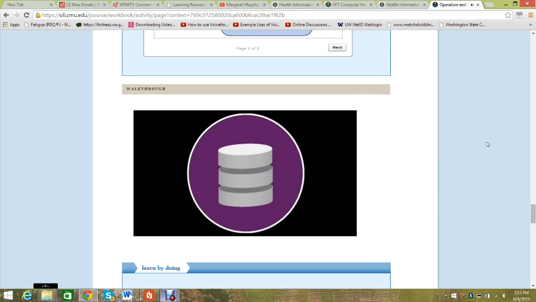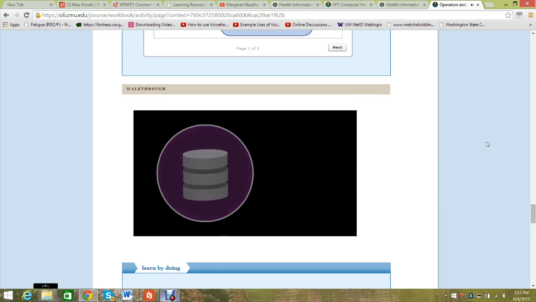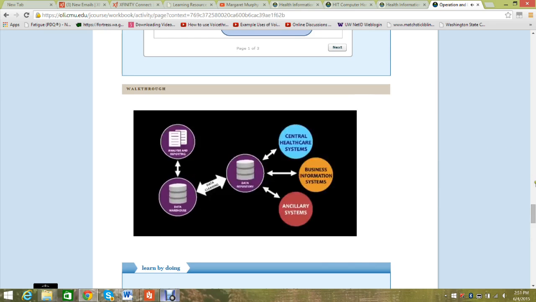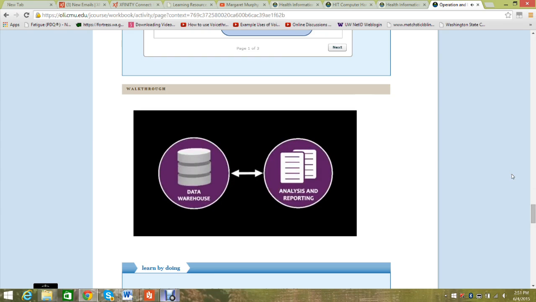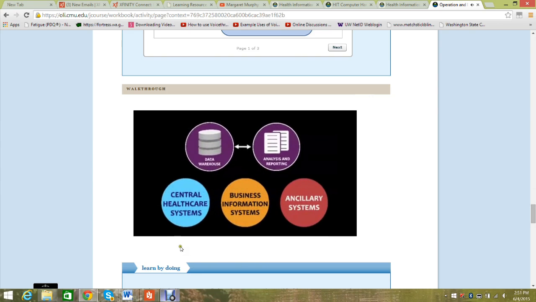What you did not see in the video of hospital information systems is the data warehouse system. This video will address the core components of this system. Data warehouse systems are a collection of data from across an institution. Queries and reports can be generated from the warehouse that can help retrieve information from a particular system. It is important to note that these queries and reports created from the data warehouse cannot be generated from the